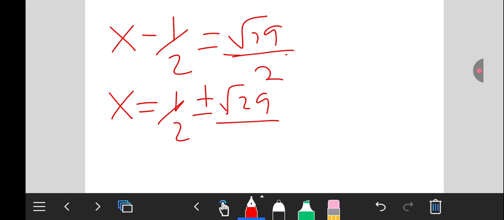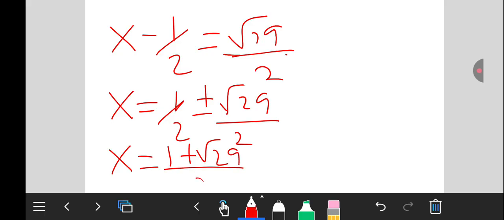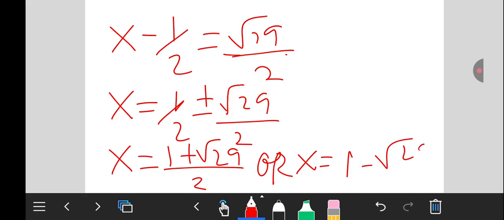Okay, so over to here. So we're going to have x is equal to, since the denominators are the same, you can say 1 plus root of 29 over 2, or x is equal to 1 minus root of 29